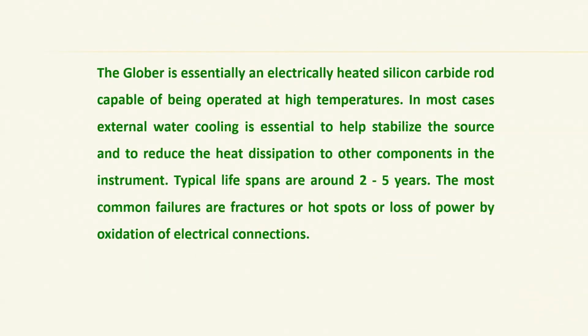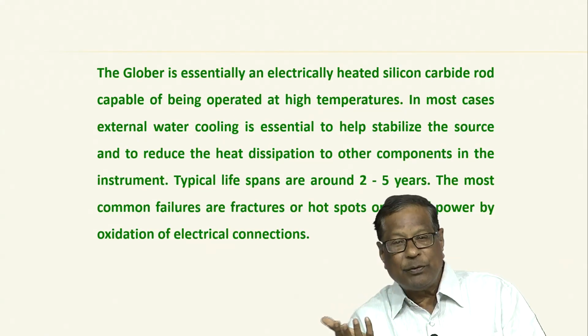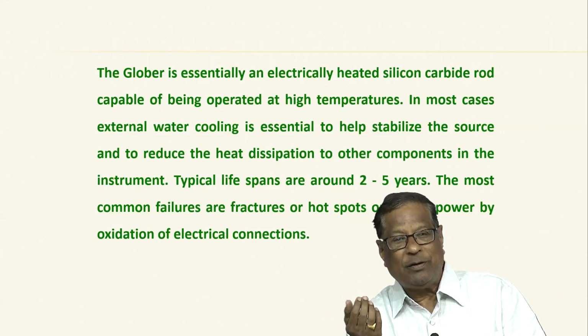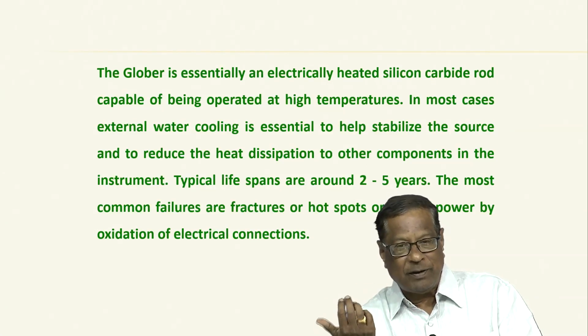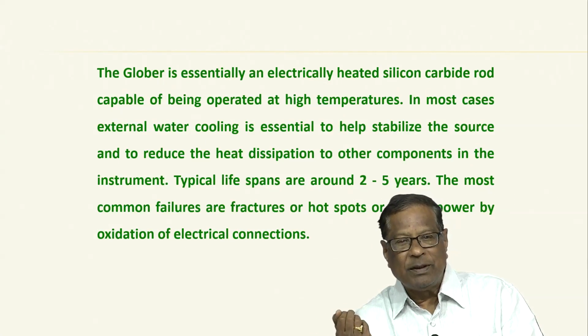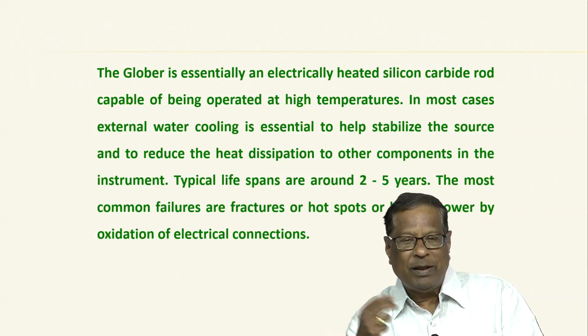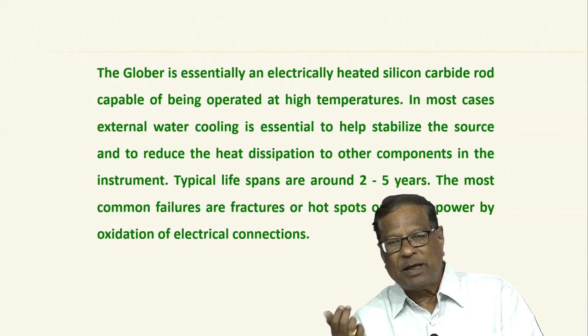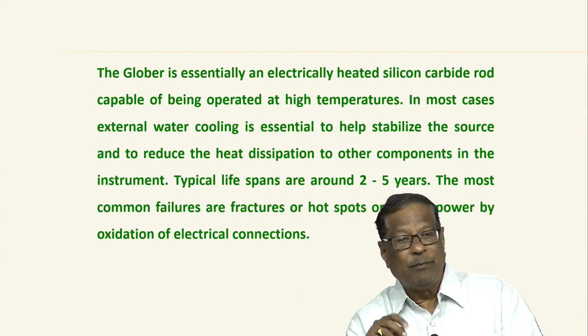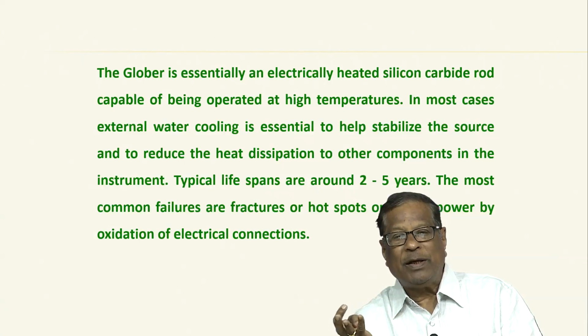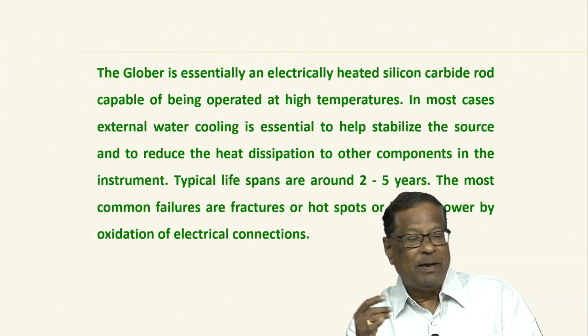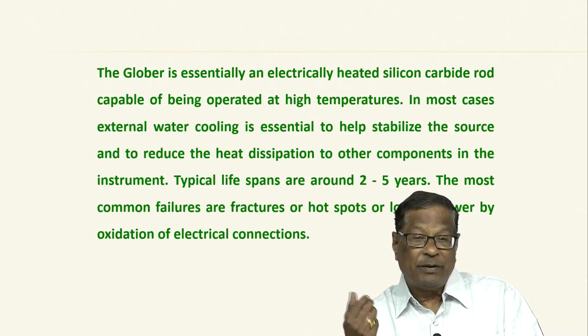So, whenever you buy an instrument, you have to really think what source you would like to have. Usually you ask the manufacturer what source they are giving in the IR, so that if the IR radiation stops coming out, I need to replace the source. So, the source, is it nichrome wire, Nernst Glower or Oppermann or the Globar. So, I have not taught you about the Globar yet.